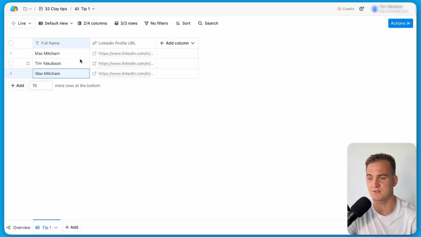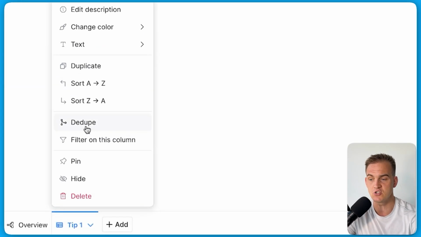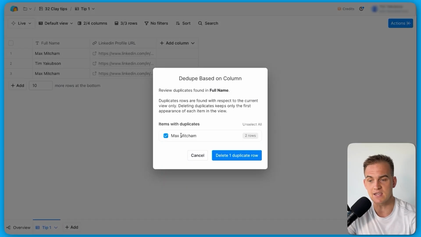Starting off with my Clay.com tip number 1, we're going to talk about how you can deduplicate data. A lot of the time when you're importing data into Clay, you would find that you have duplicate rows. As you can see over here, we have Max Mitchum here twice, and if we are to run any enrichment, it will mean that we're getting the same data points for double the amount of credits. So in this case, to avoid doing this, all we need to do is click on the column and click on dedupe over here, and automatically it will tell us how many duplicate rows we have,